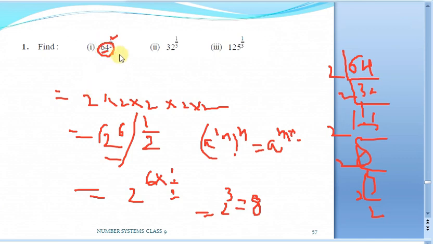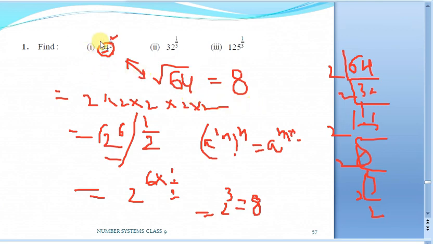Is there one more way of directly answering this question? Yes, see here, this is the square root of 64. So both can be used interchangeably, right? So 64 power 1 by 2 is the same as the square root of 64. So what is the square root of 64? On squaring which number will you get 64? 8. So 8 is the square root of 64. 8 square is 64, root 64 is equal to 8. Interchangeably we have to use these things.